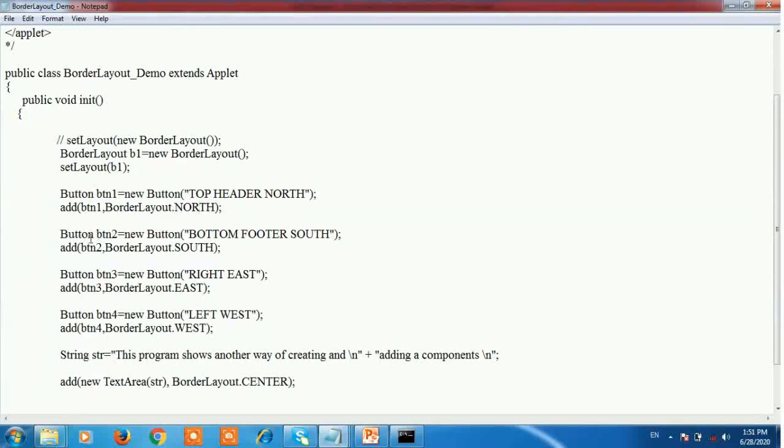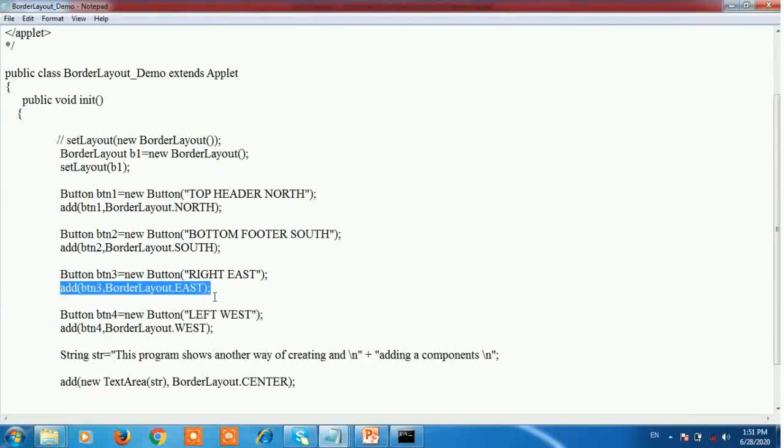Same for button 2. The object is btn2 is equal to new Button. String is bottom footer south. add(btn2, BorderLayout.SOUTH). So this component, button 2, is added on the south side. After that, the button btn3 is equal to new Button, right east.